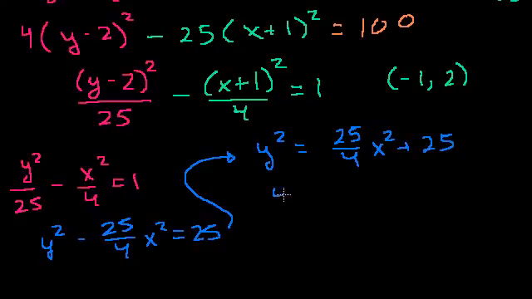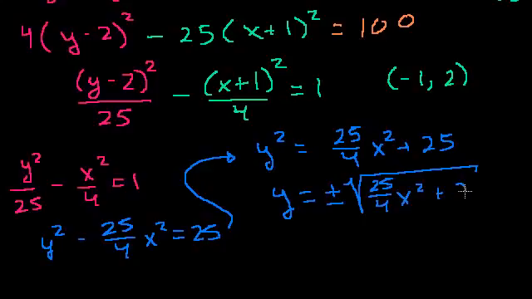And so y is equal to plus or minus the square root of 25 over 4 x squared plus 25. And like always, the hyperbola will never equal or intersect the asymptotes, but it's what the graph approaches as x approaches positive and negative infinity. You'll learn the concept of limits later on, but I think you get it at this point, because that's what the idea of an asymptote even is: